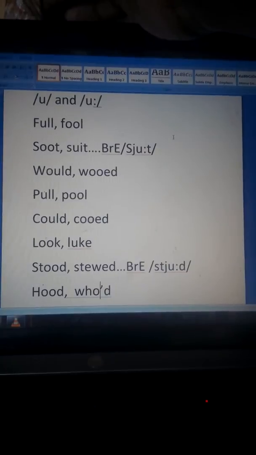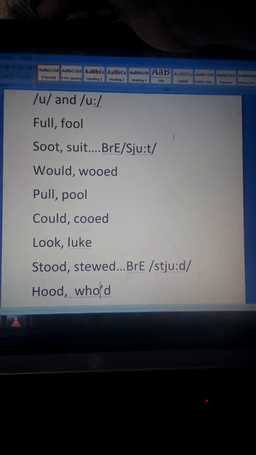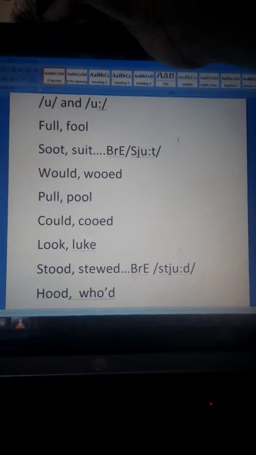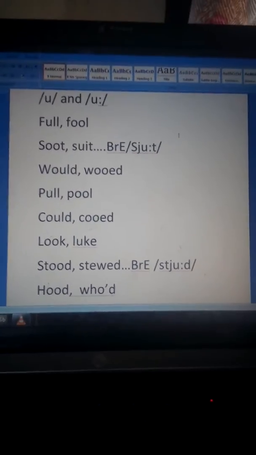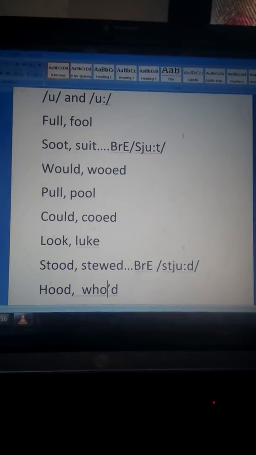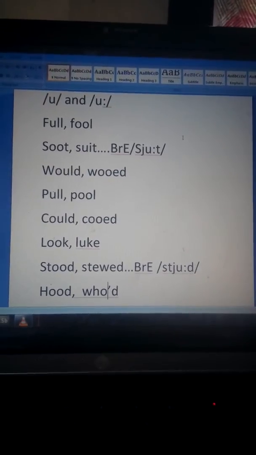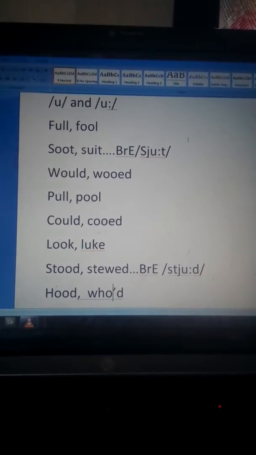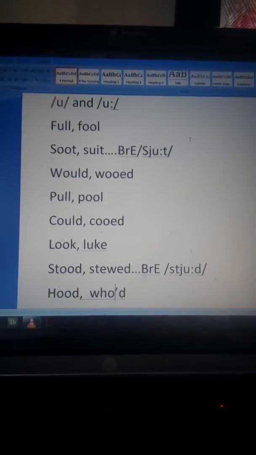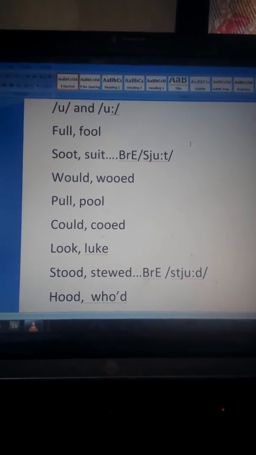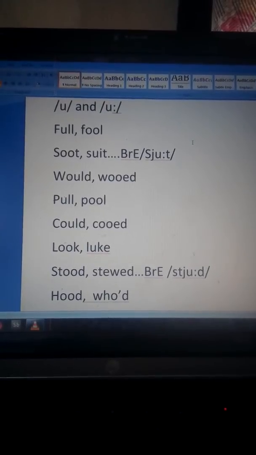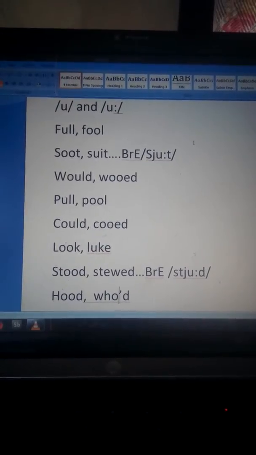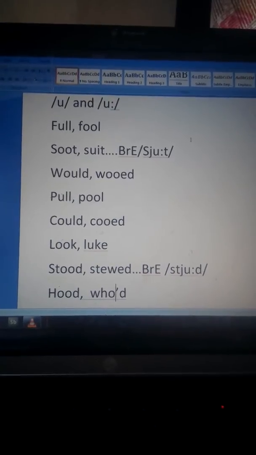Looking at these words we have here, we have first full and fool, soot and suit. But then you see where I wrote British English, they still call it suit too, with a ye sound in the middle, suit. Then the following, we have wood and wooed, pull, pool, could, cooed,